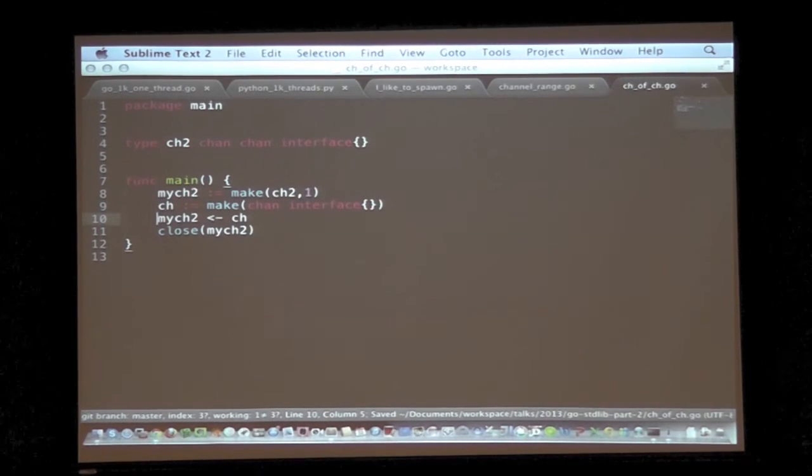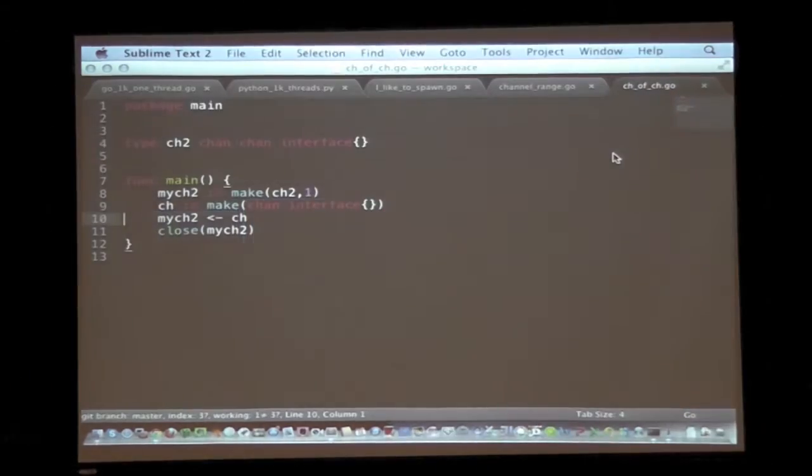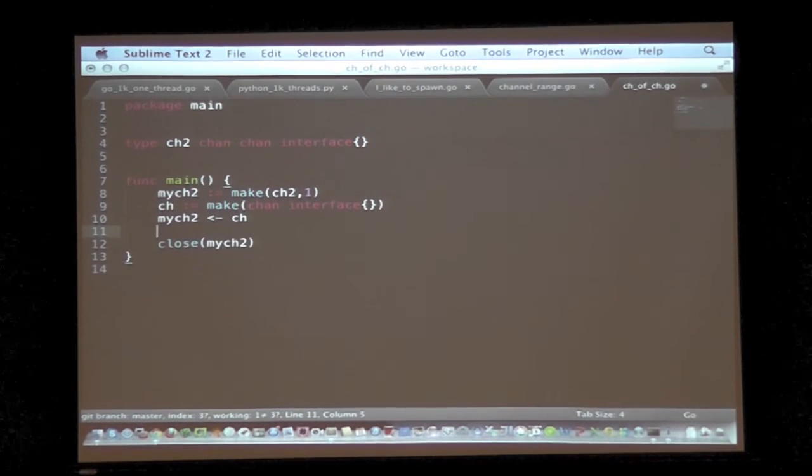Put some buffers so it doesn't lock. Okay, so we are sending a reference to a channel over a channel, and I think